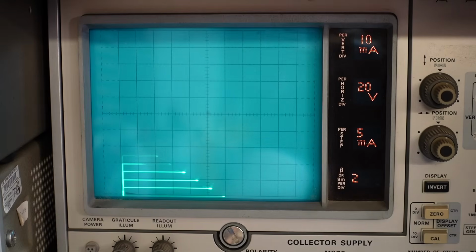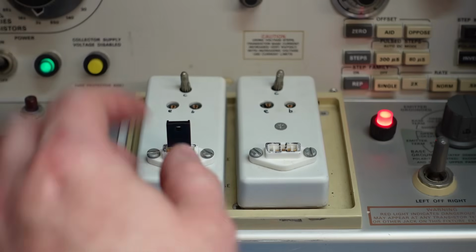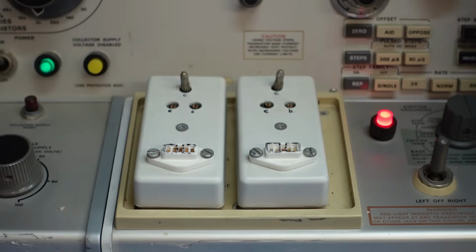I mean, we're only driving this at about 25 milliamps at the moment. It's rated for 1 amp, but we're also driving this up to, this is now 200 volts across there. Well, there it is. Yeah, there's a bit of heat on there. So that one, I believe, is genuine. So we'll try its complement, the